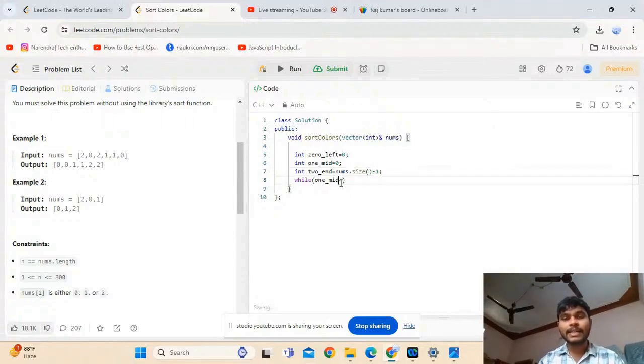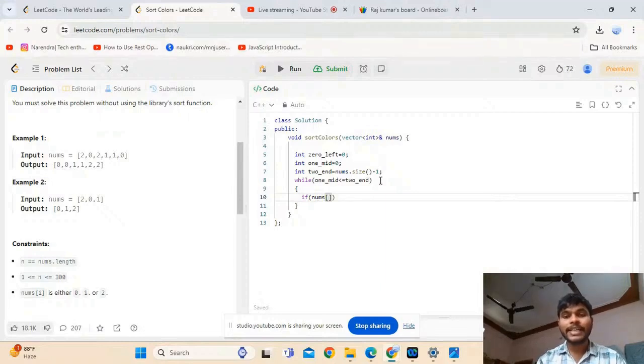Okay guys, here 1 mid is less than or equal to 2 end. If it is less than or equal to 2 end, then what I am doing is, if nums